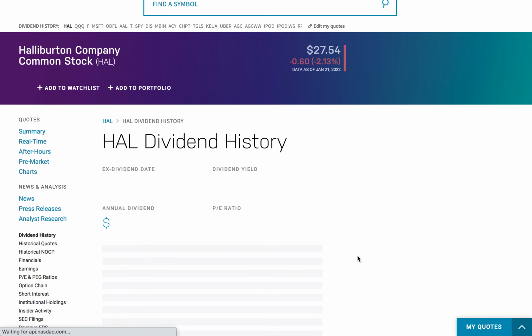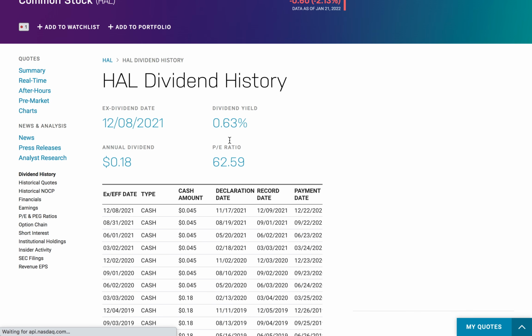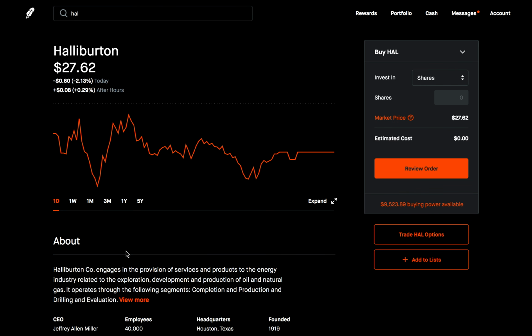So if we take a look here, dividend yield 0.63%. Ex-dividend date was December 8th, right? And so if we take a look at the history, the next ex-dividend date will be around March. So we don't have to worry about the ex-dividend for the next couple of months here. So once you've checked all that, then you can go back to your stock and actually go into the options